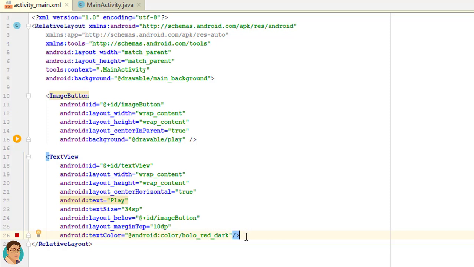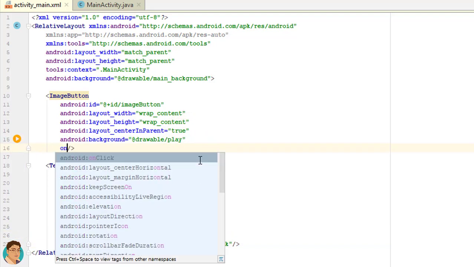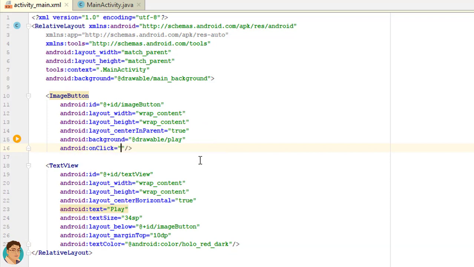One technique is to write a method name in the onClick property and implement the method in MainActivity.java. Write android:onClick="startGame".